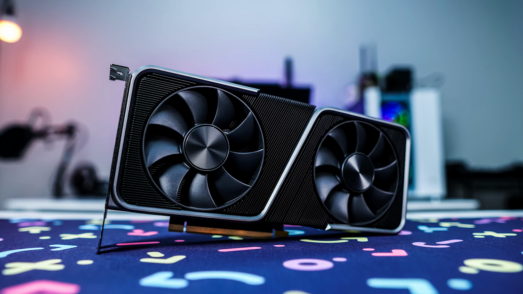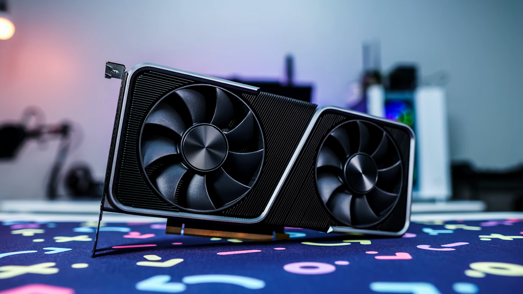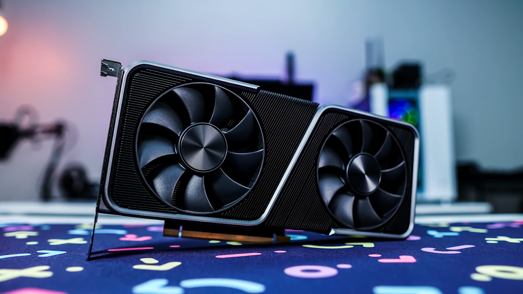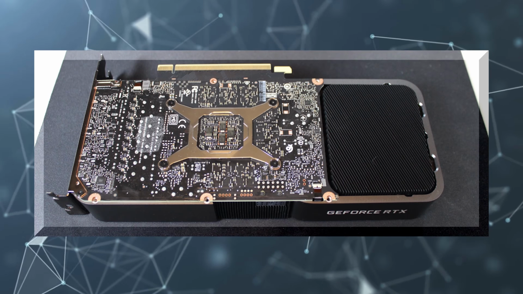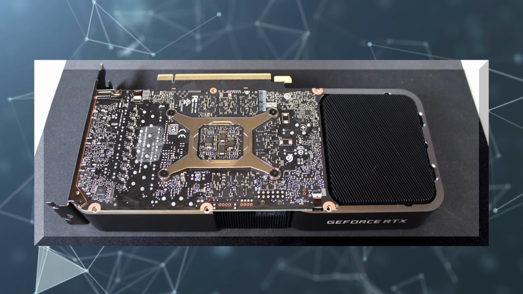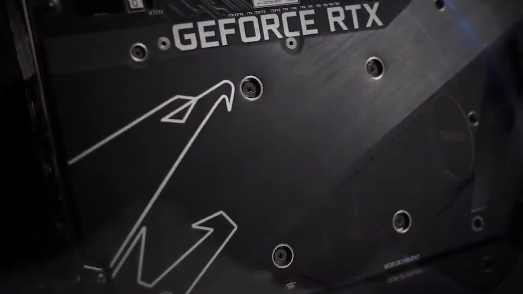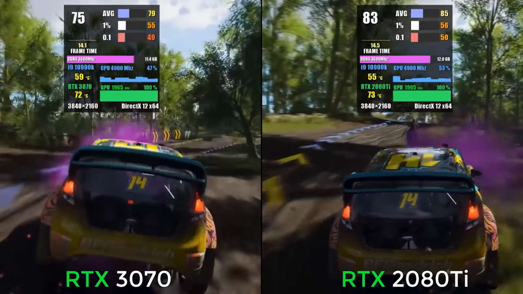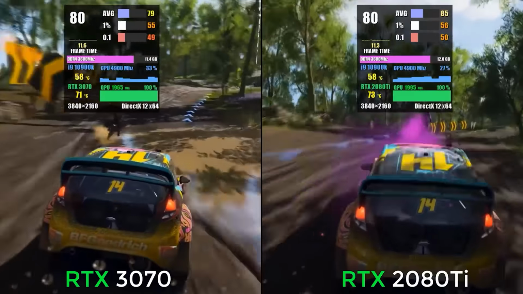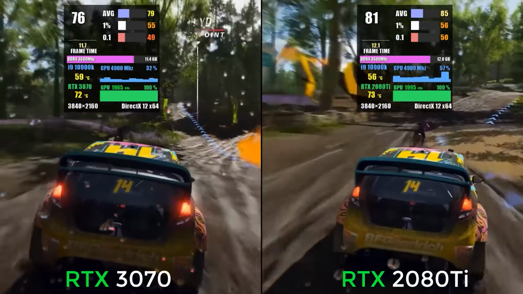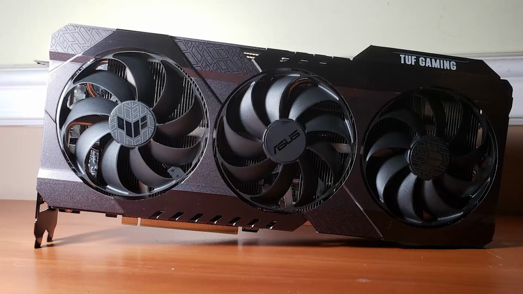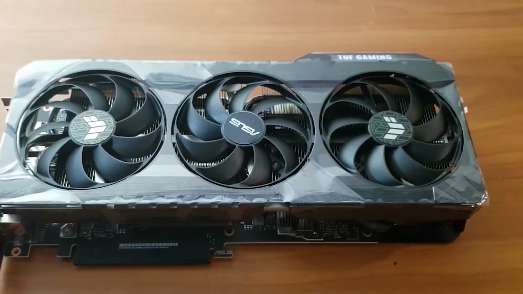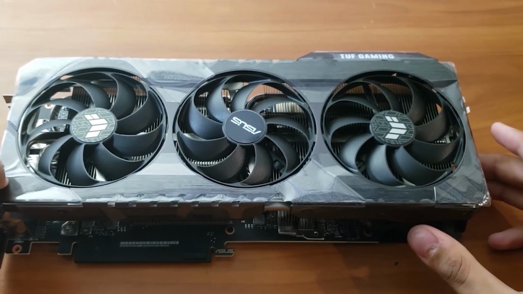On the other hand, the RTX 3070 has 5,888 cores, but half of these are dedicated CUDA cores, while the other half can operate both as FP32 and INT32 cores. Therefore, the RTX 3070 may have a larger total CUDA core count, but if both INT32 and FP32 cores are needed in a gaming application or otherwise, then the RTX 2080 Ti has a larger total number of cores to work with. That being said, the cores of the RTX 3070 are of better quality as they operate at higher clock